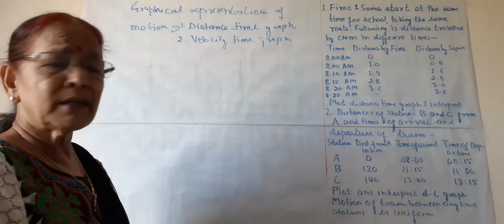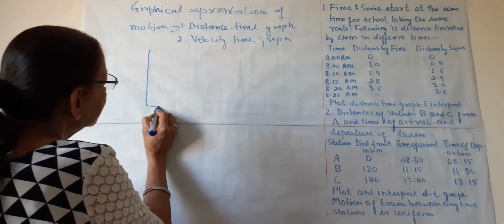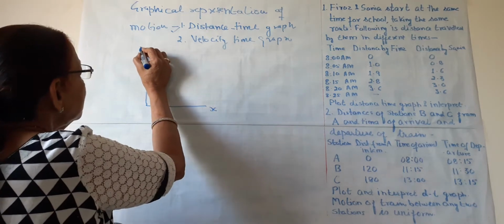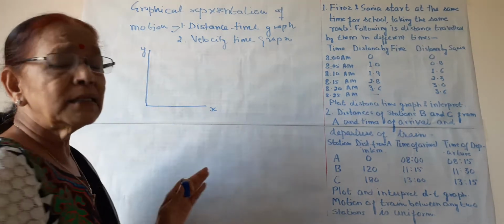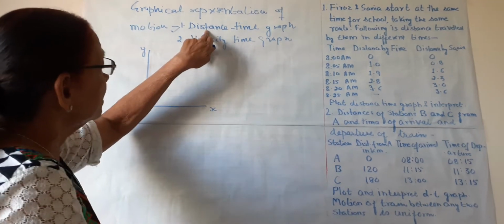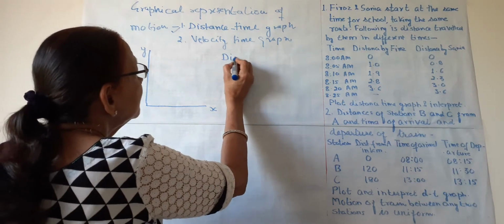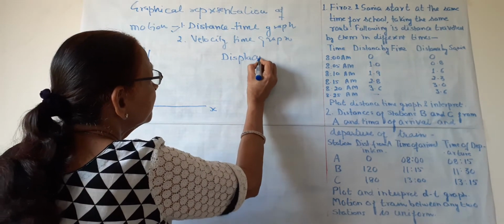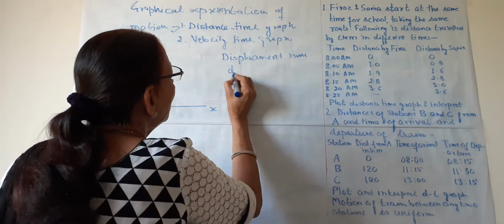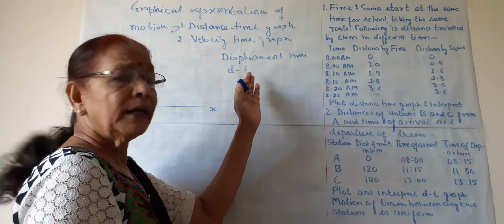All of you know what is graph? So in graph we have two axes. The horizontal axis is known as x-axis and the vertical axis is known as y-axis. What we are doing? We are doing the first graph, distance time graph. This is also known as displacement time graph,